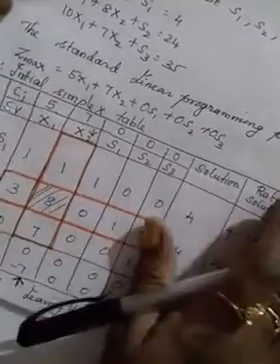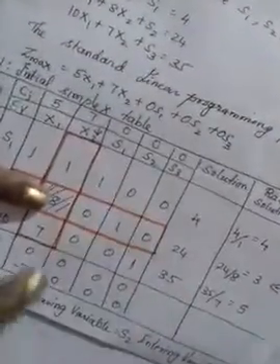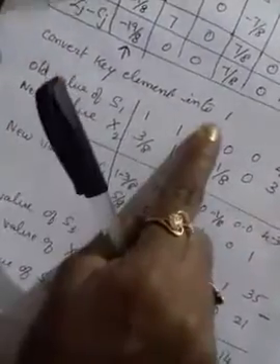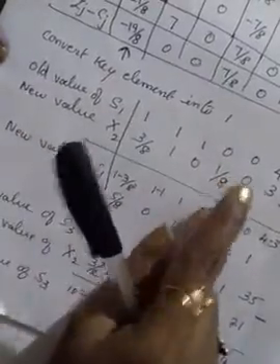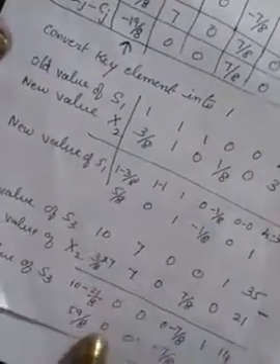Now we got a negative value, no, so we have to do the same iteration again, put the same table and convert this key element into 1, no? Key element into 1, and the other elements you have to change into 0. So that calculation has been done here. First we converted into 1, the other values we converted into 0. This value you have to copy down here.